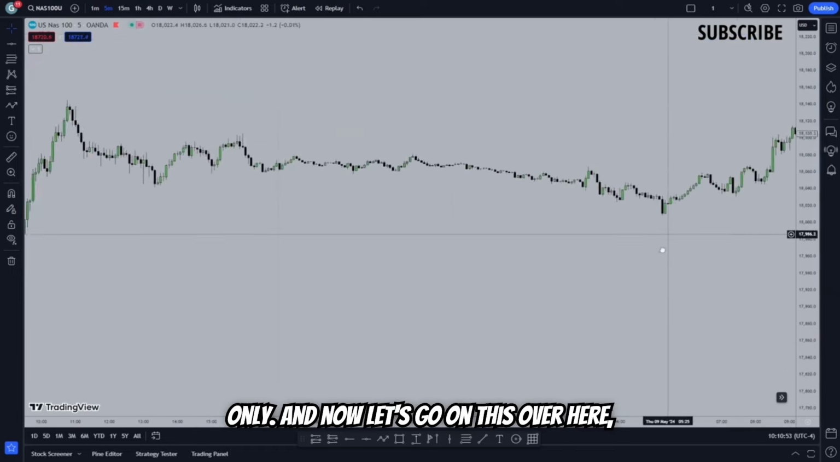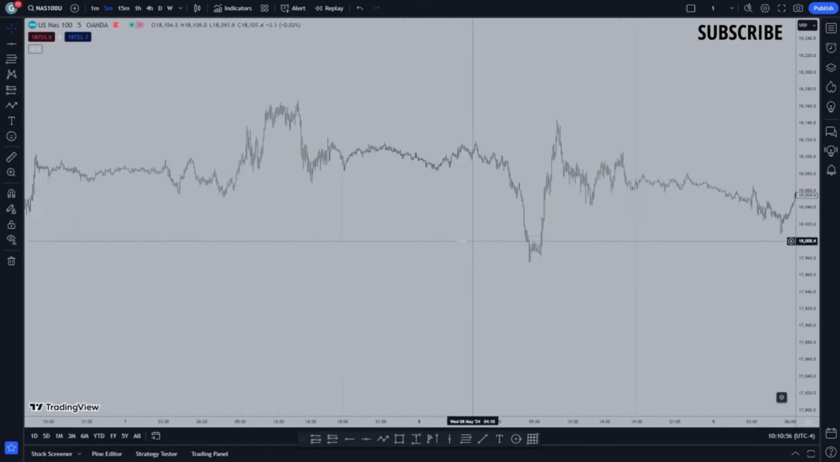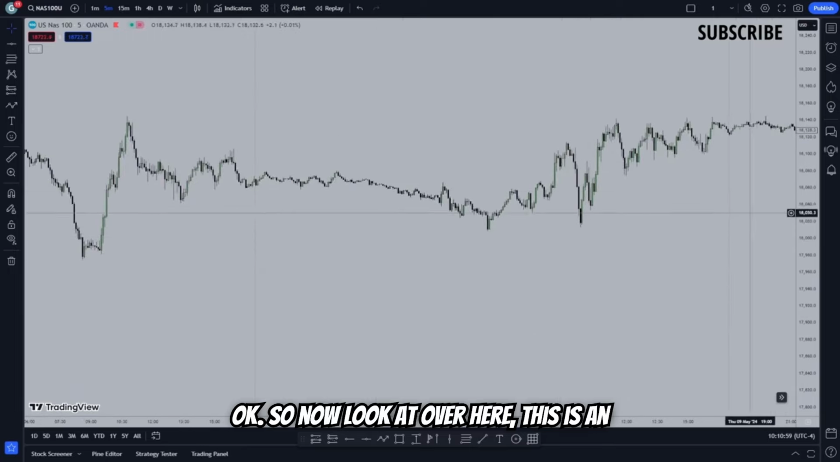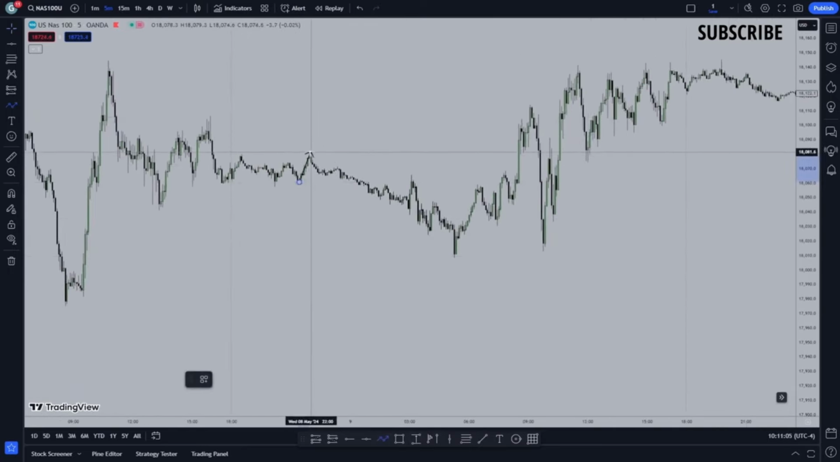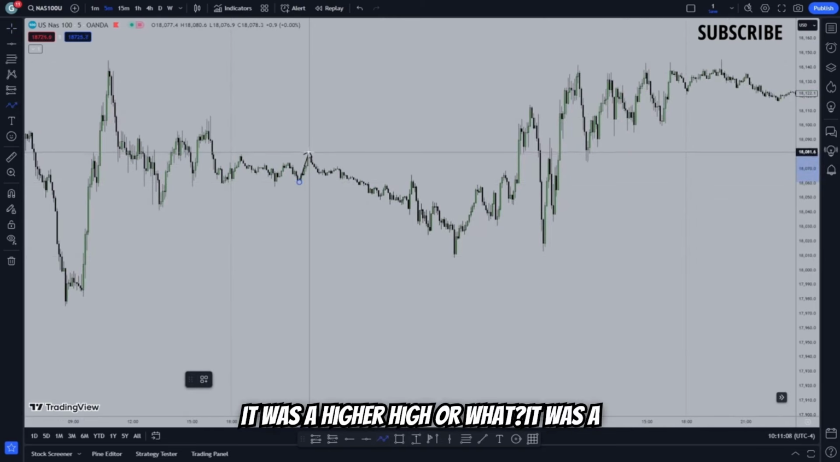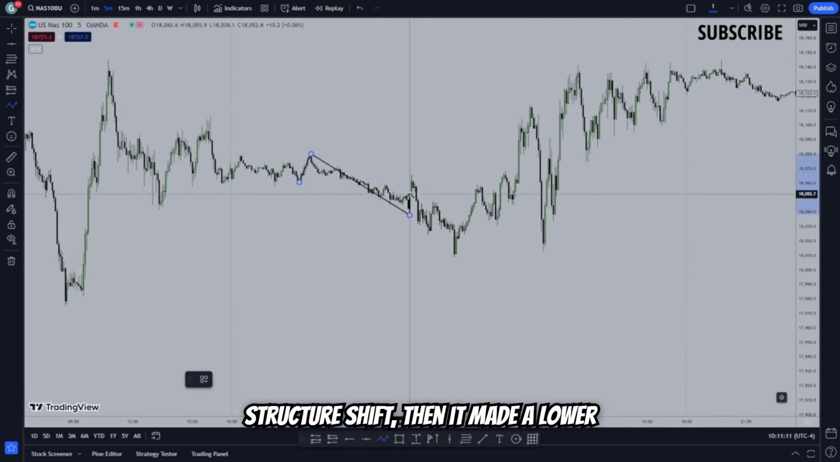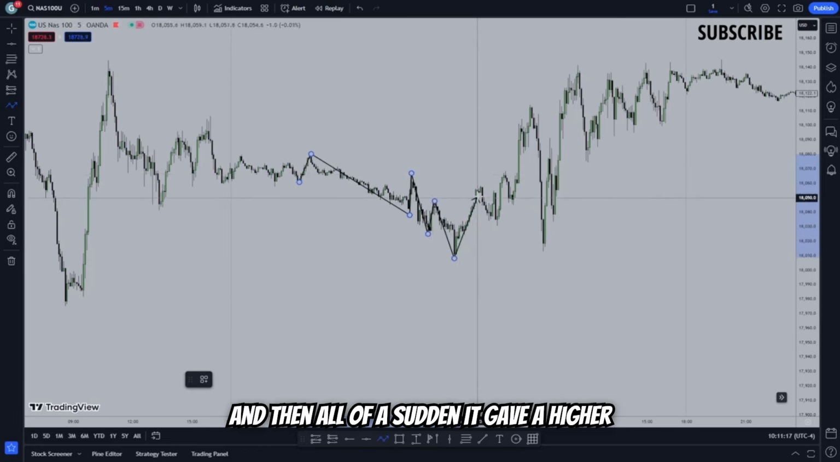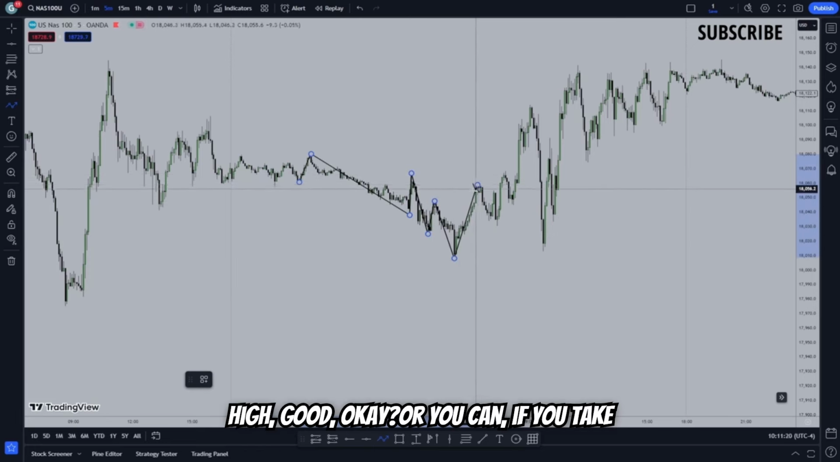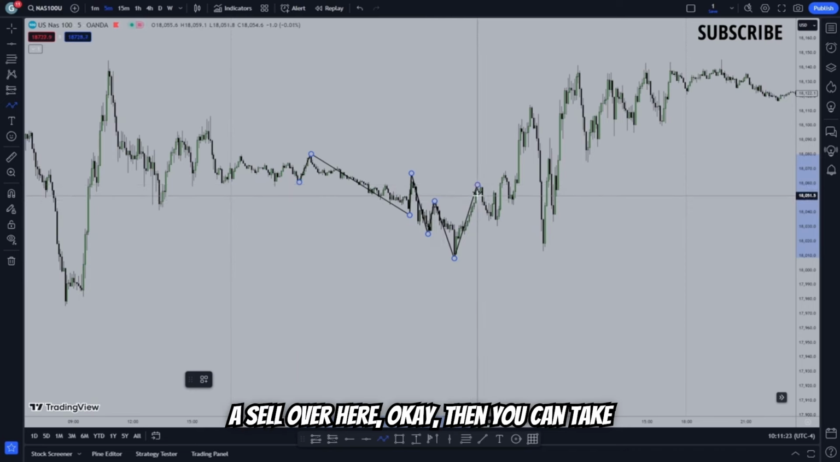And now let's go on this over here. Okay, so now look at over here. This is an example. So the market was making a really good move. It was bearish. It was a higher high or what? It was a higher high. Then it gave a market structure shift. Then it made a lower high, lower low, lower high, lower low, and then all of a sudden it gave a higher high. Good. Okay, or you can, if you take a sell over here, okay, then you can take